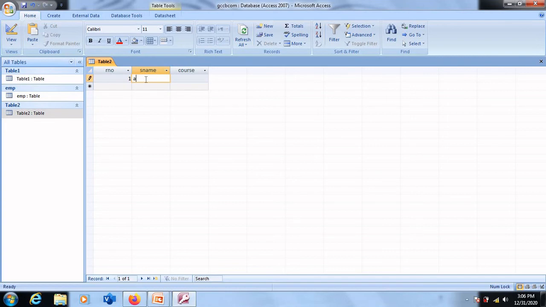We'll enter any name first as a student name, and for course, as we have selected lookup wizard and we have passed 3 entries, if I place my cursor at this particular column, that is course, it will display an arrow mark and a drop down list.